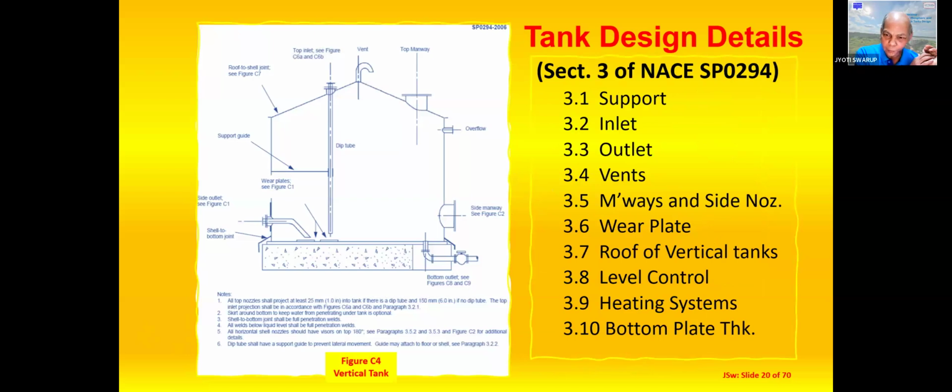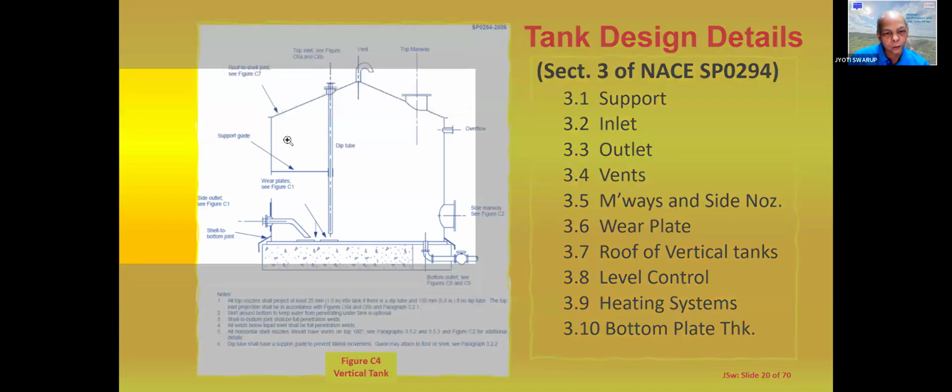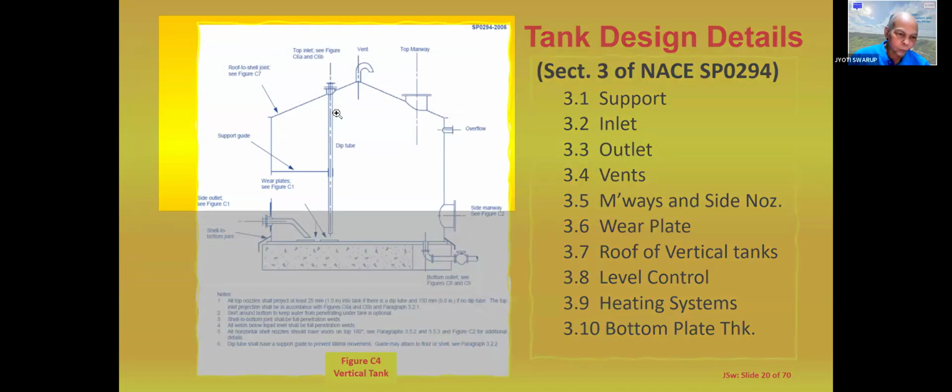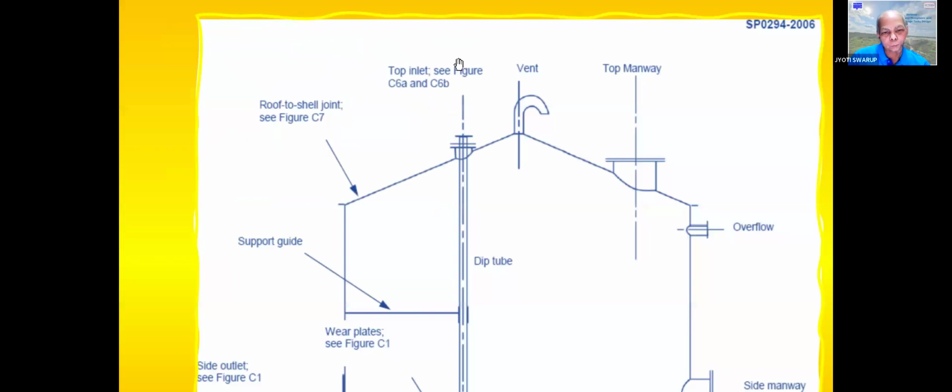Now, typical tank design. This is from the NACE code, basically, which says the support design, inlet, outlet, vents, manways and side nozzles, rear plate, roof, level control, heating systems, and bottom plate thickness. So these are the subsections for the design of the tank, basically a sulphuric acid tank, as given in the NACE code. As you can see, the inlet is from the top in most of these tanks, not from the